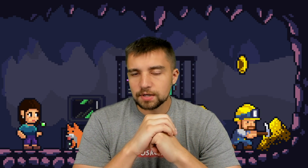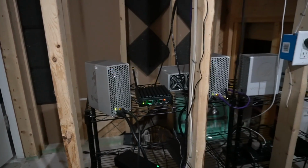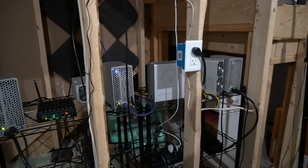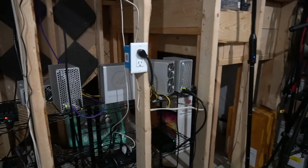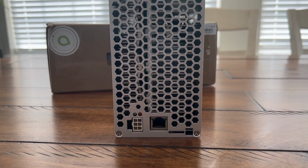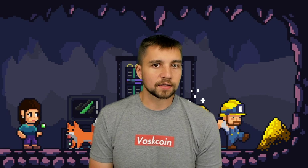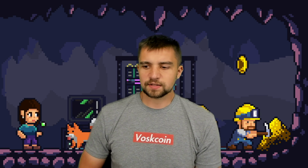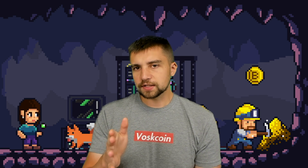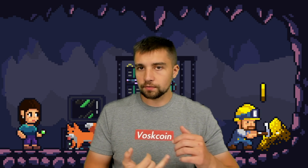Obviously, the big potential play here with these miners is you mine the coins. It's fun. You're a hobbyist. You stack them up, and then Sia just goes on a freaking rip. And then in retrospect, your mining was very profitable. That could absolutely happen. For a device to be projected to pay itself off within 2 years, that is a good thing. People are too jaded by insane crypto returns. If you're projected to make your money back within 2 years and this device is relatively new and relatively efficient,